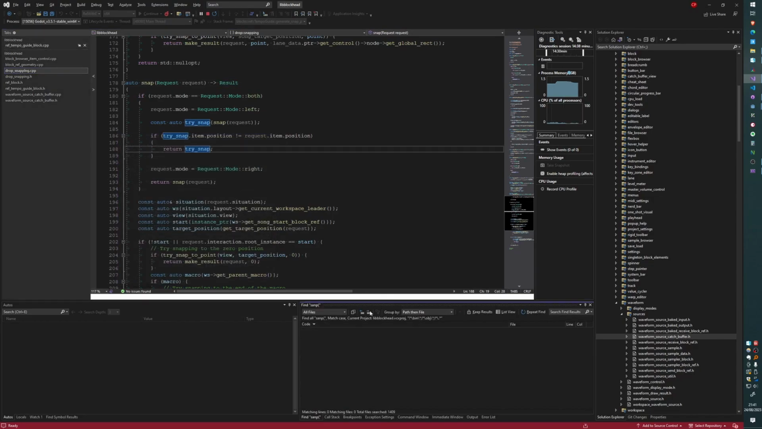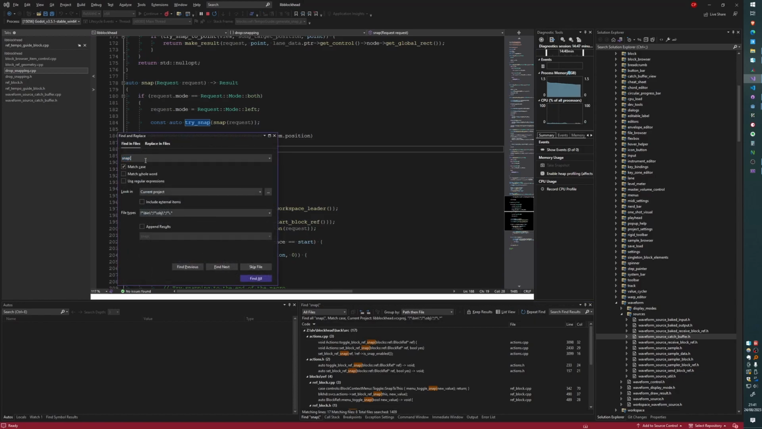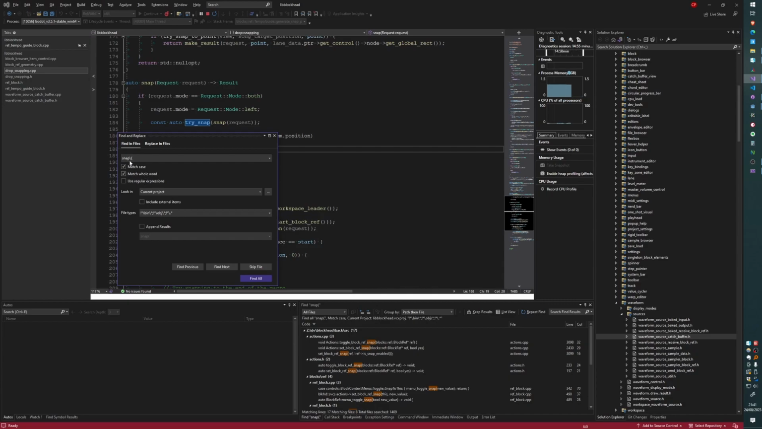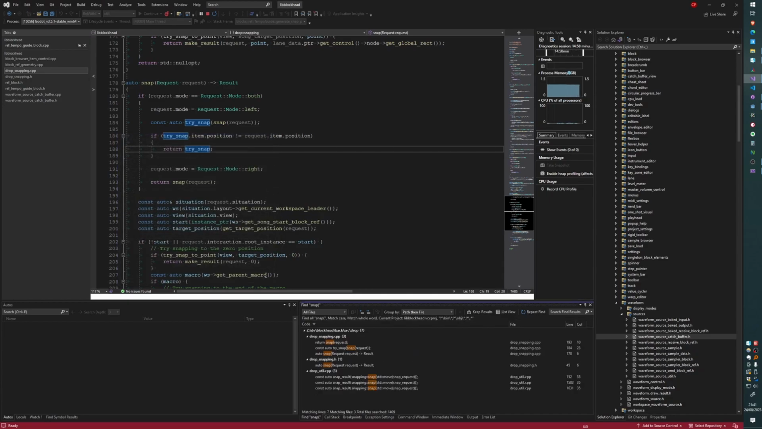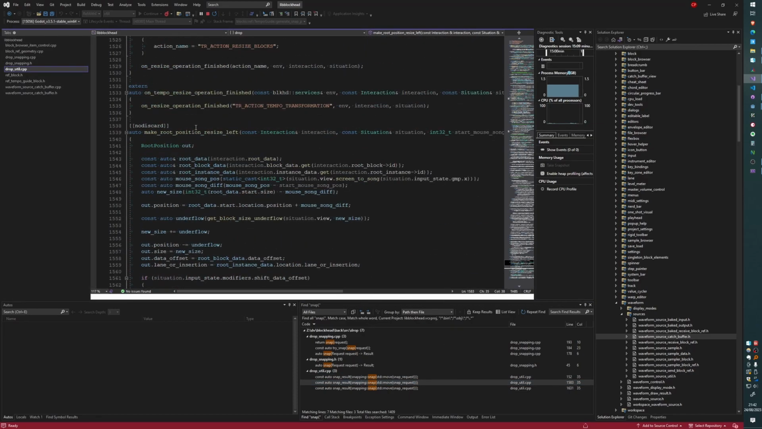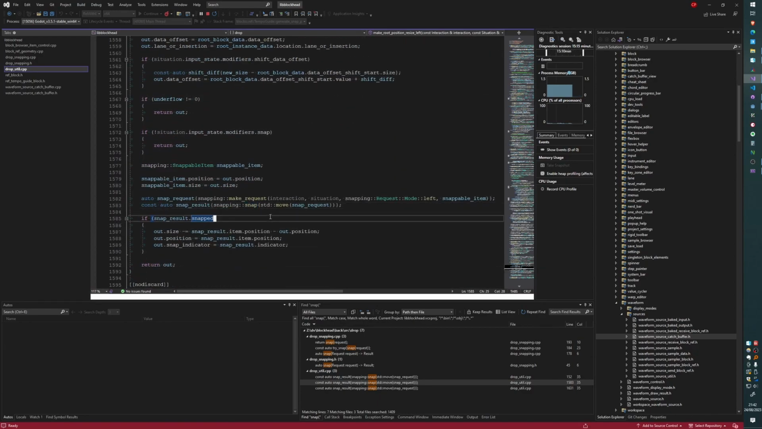Snap. Press it correctly, please. Snap. Okay, can we use... oh wait, I can just use this, right? Here we go. Calculate root position fixed size. Make root position resize left. Ah, yeah. So, if the result was snapped,